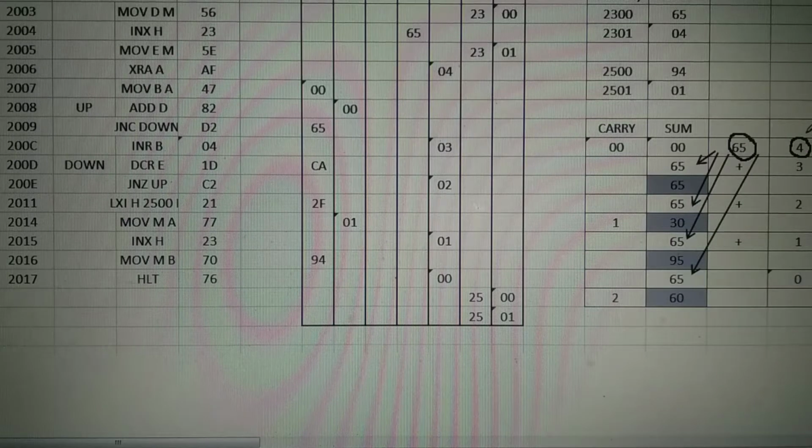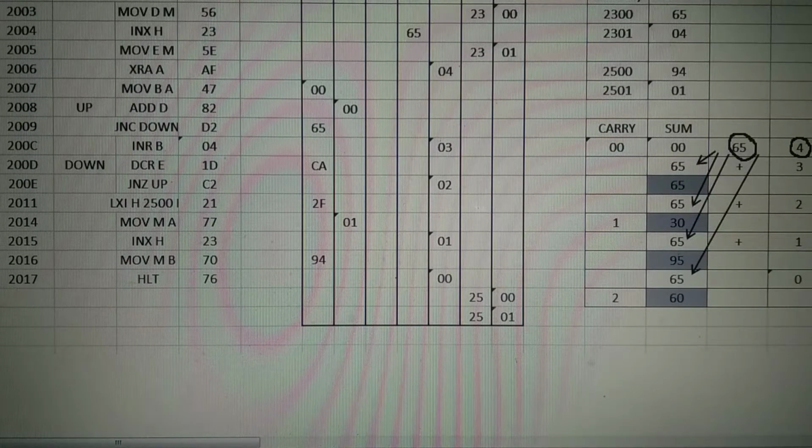The multiplication of 65 and 4 is nothing but 65 added 4 times, or 4 added 65 times. That is called multiplication.